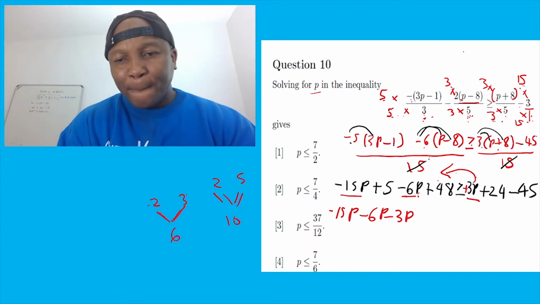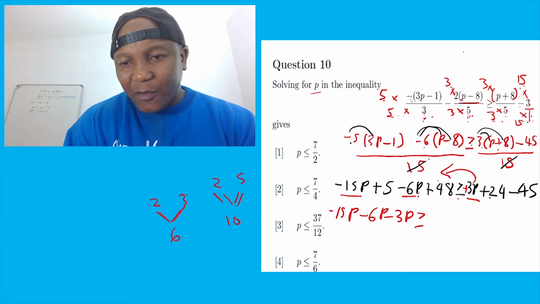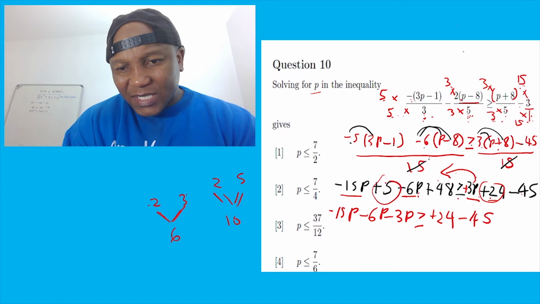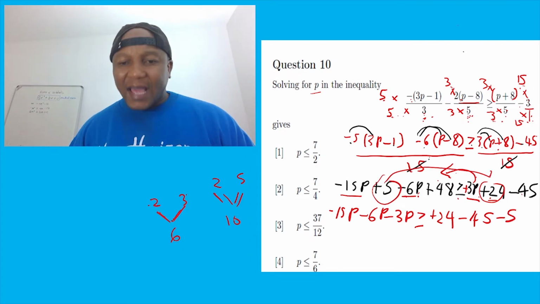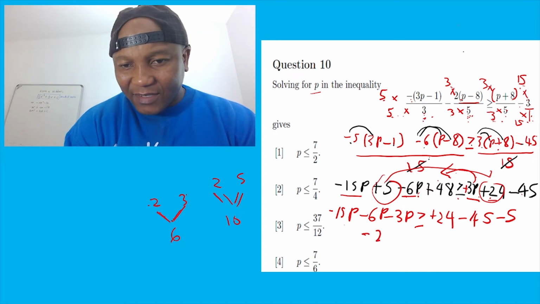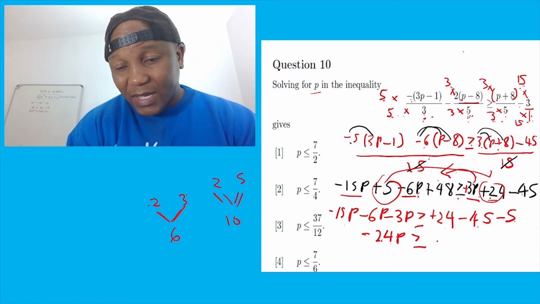And here, it's going to be the inequality greater or equal. Now we go to the right, you have positive 24, because we must take the sign, positive 24, minus 45. And we take this positive 5 over. So it's going to become minus 5. Now let's group them together. Negative 15 minus 6 minus 3 on the left is going to give us negative 24p. Here is greater or equal. 24 minus 45 minus 5 is going to be